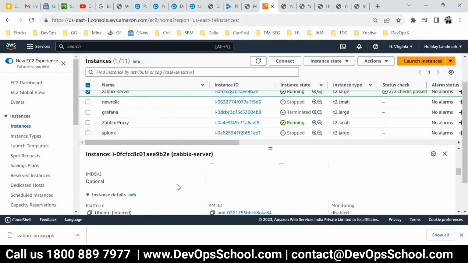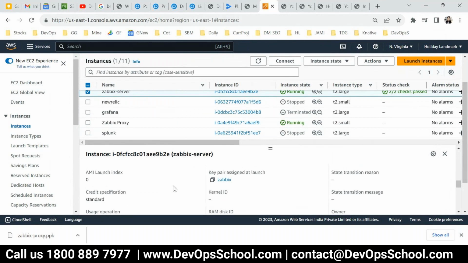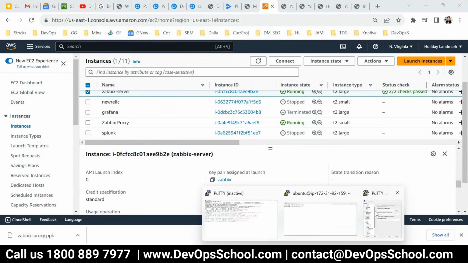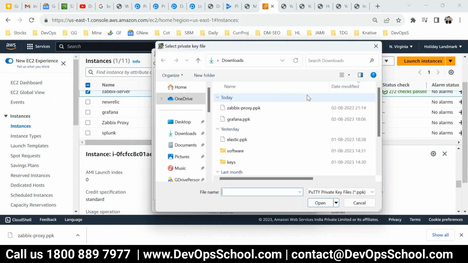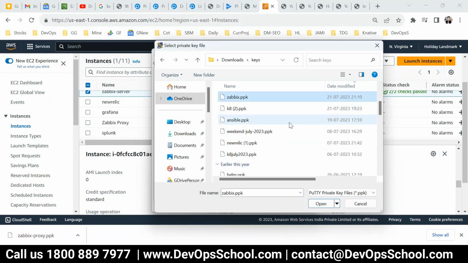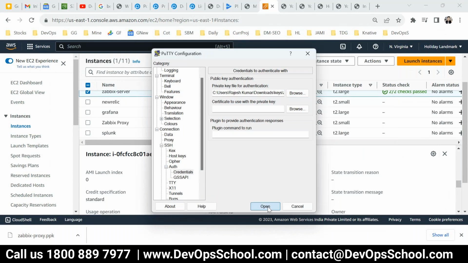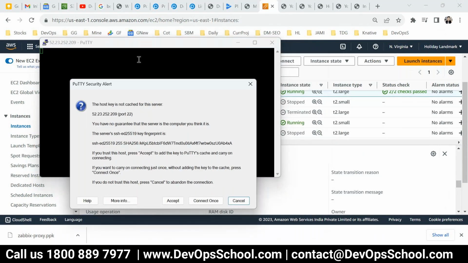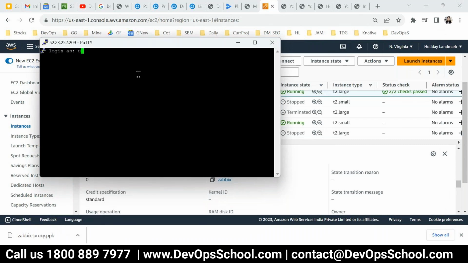Let me get it. So Zabbix only. Keys should be here, Zabbix, and accept. Now Ubuntu, and here